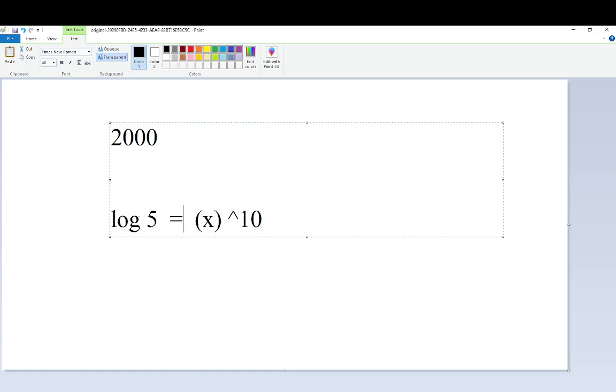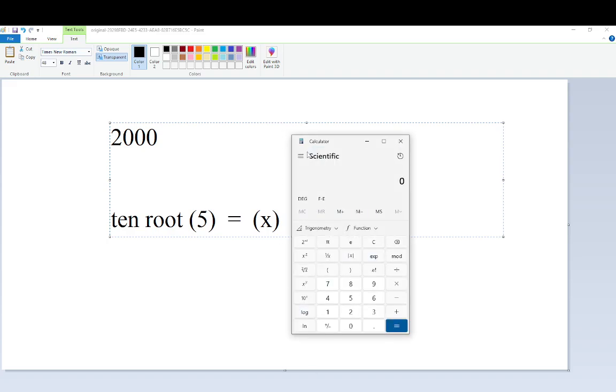Oh, actually, I don't have to do that. I take a 10 root. So what's the 10 root of 5? It's going to be equal to x. So if I want to turn 2,000 into 10,000 in, well, I can't remember what I did, 10 years? Yeah, 10 years. If I want to turn 2,000 into 10,000 in 10 years, I need to find this